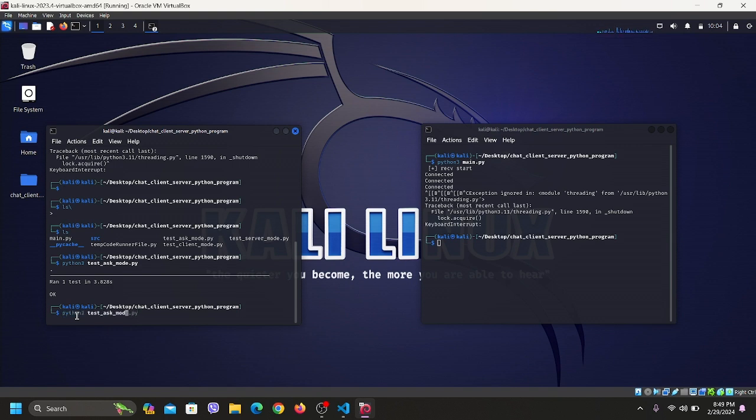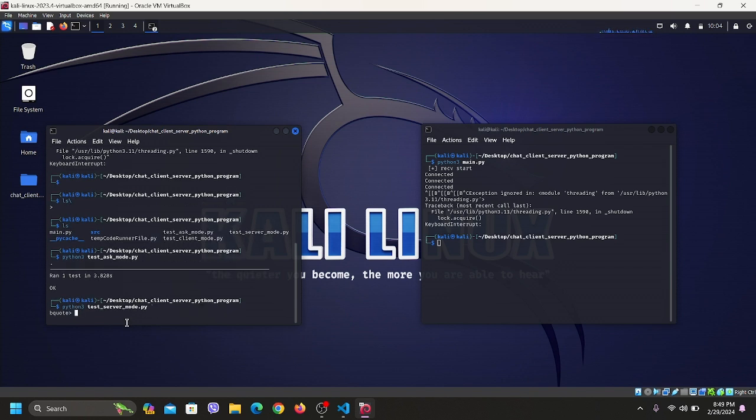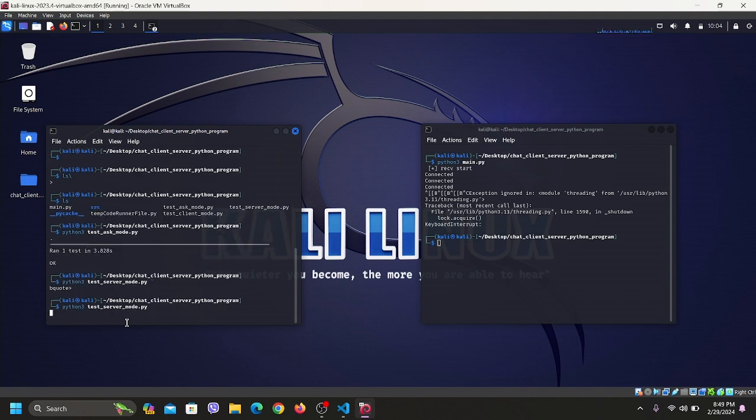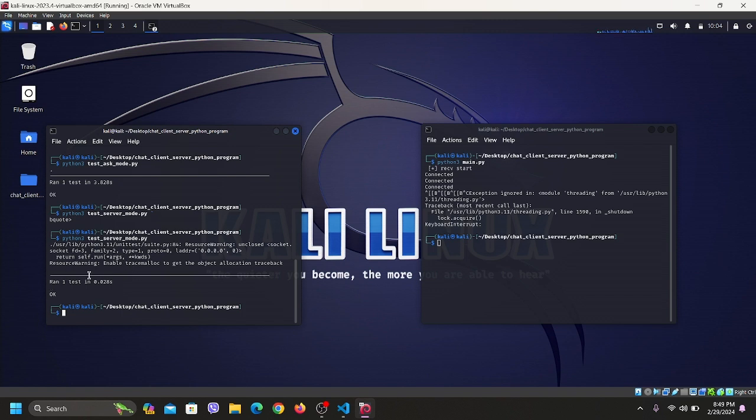Similarly, for the next module, we have server mode. For testing of server mode, we have done this one. We have initiated this. So yeah, this also runs okay. And for client mode,